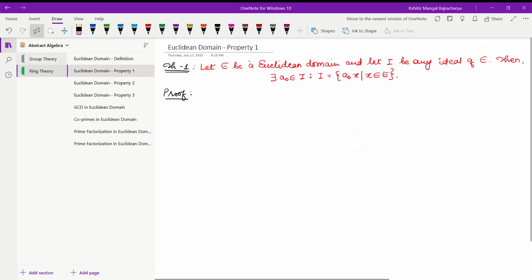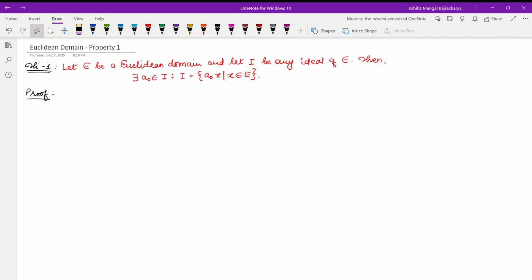Now let's look at the first property of the Euclidean domain. If we have a Euclidean domain and I is any ideal of the Euclidean domain, then we shall have this representation for I. We can find some a0 in I such that I can be written as the set a0 times x, where x runs over E. Now, to prove this,